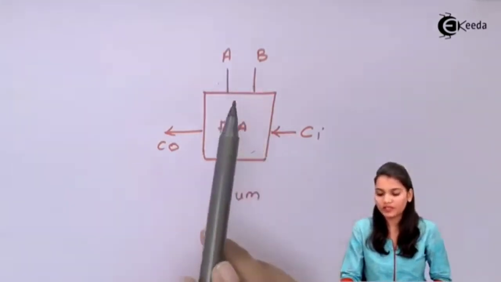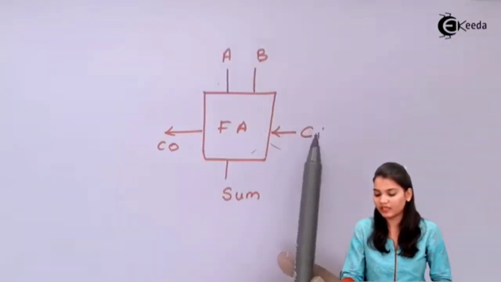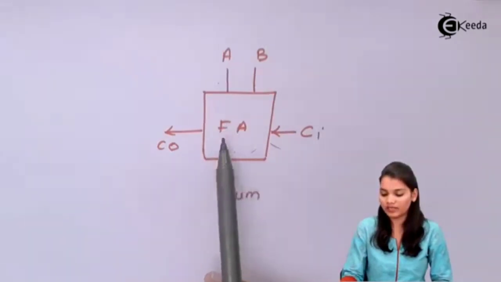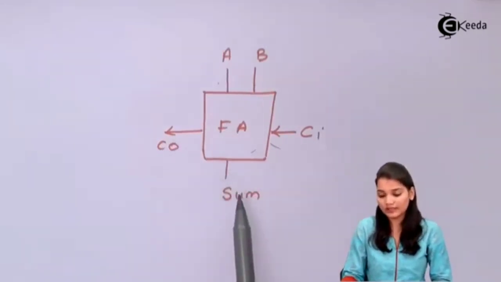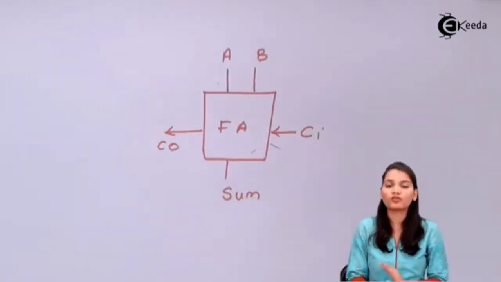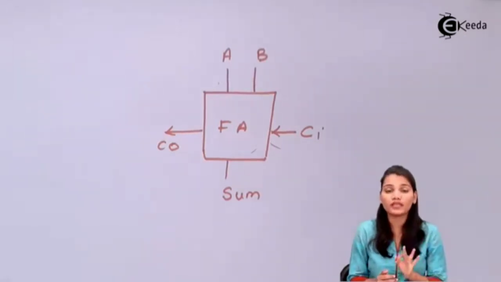Okay, so A and B will be the two inputs and this will be the carry input. Okay, C will be the carry input and this carry output will be forwarded to the next stage. Therefore, in the full adder circuit, this is the carry output, this is the sum, these are the two inputs and this is the carry input. So this is how the full adder circuit can be constructed, and we can use this circuit to perform the binary addition of the 3 bits number.